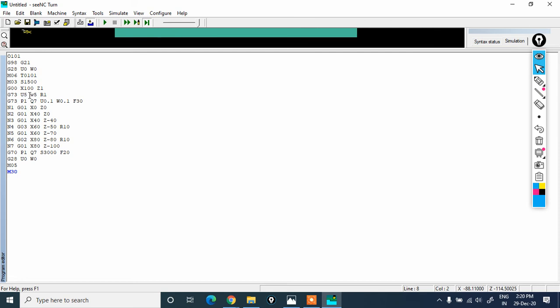Make sure the W is in uppercase. Only change, I have changed 71 to 73 and added one more direction. So this is pattern repeating.